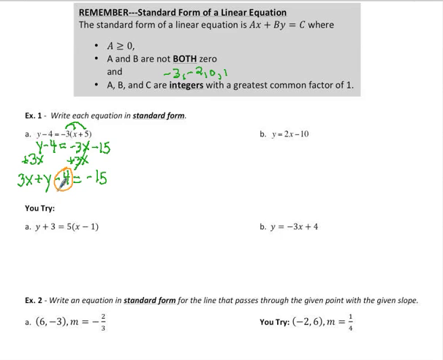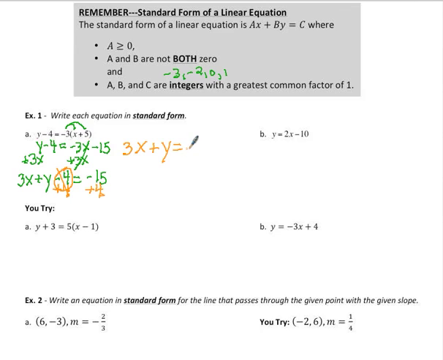So again, how do we move a term? We're going to add it. So I'm going to add 4. And again, some of you can do this in one step, but if you can't, take care of one term at a time and simplify. That's preferred. So I'm going to write this over here. So I get 3x plus y